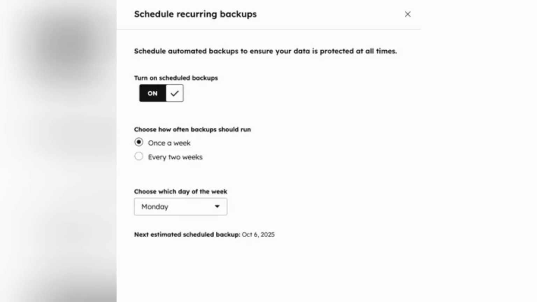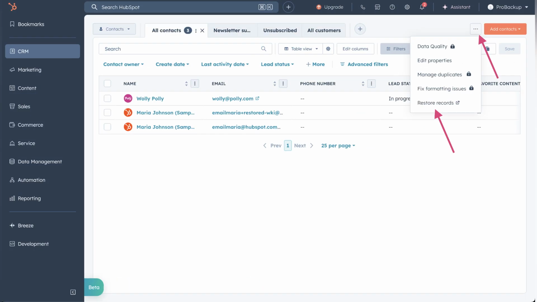You'll just need to repeat this quick process for your companies, deals, and tickets to get a complete manual backup of your CRM. If doing this regularly sounds like too much manual work, you can also head over to the HubSpot app marketplace and connect a dedicated third-party backup tool like Rewind, which completely automates the whole thing for you